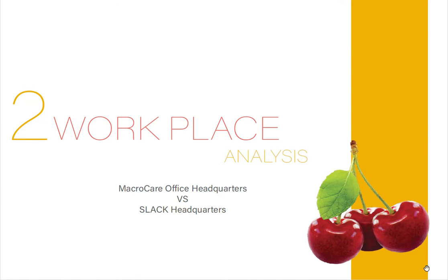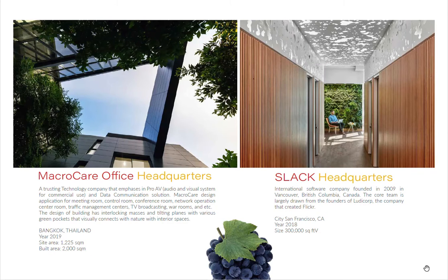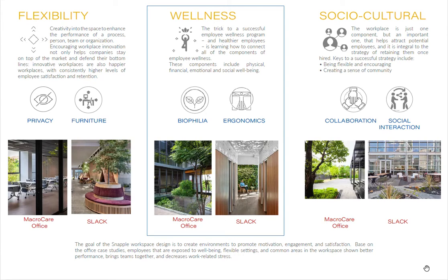Second, the workspace analysis, which is Microcare Office and Slack headquarters. Microcare Office is a company that installs all kinds of technology around the world, and Slack headquarters is a software company. So we studied both companies in order to see which one gives better flexibility, wellness, and social cultural connection to their employees. In this case,